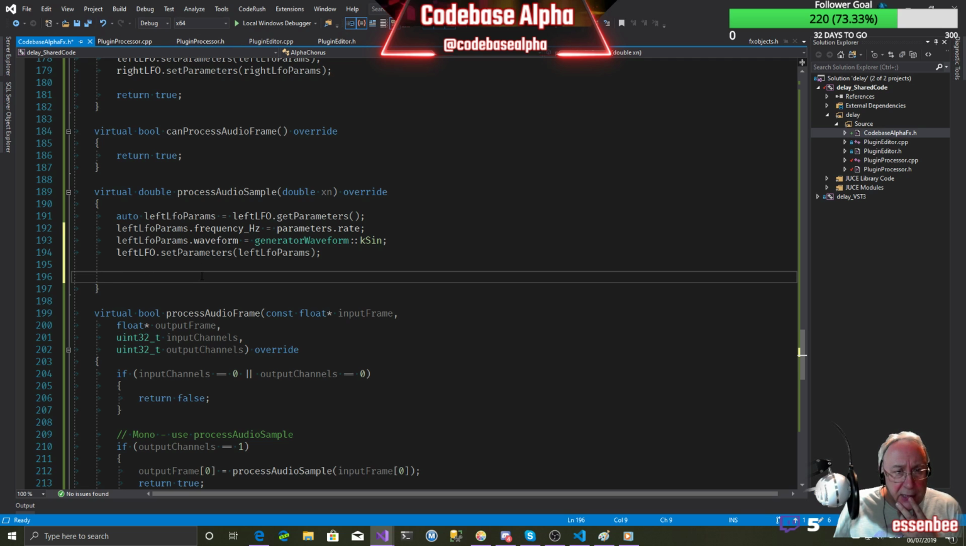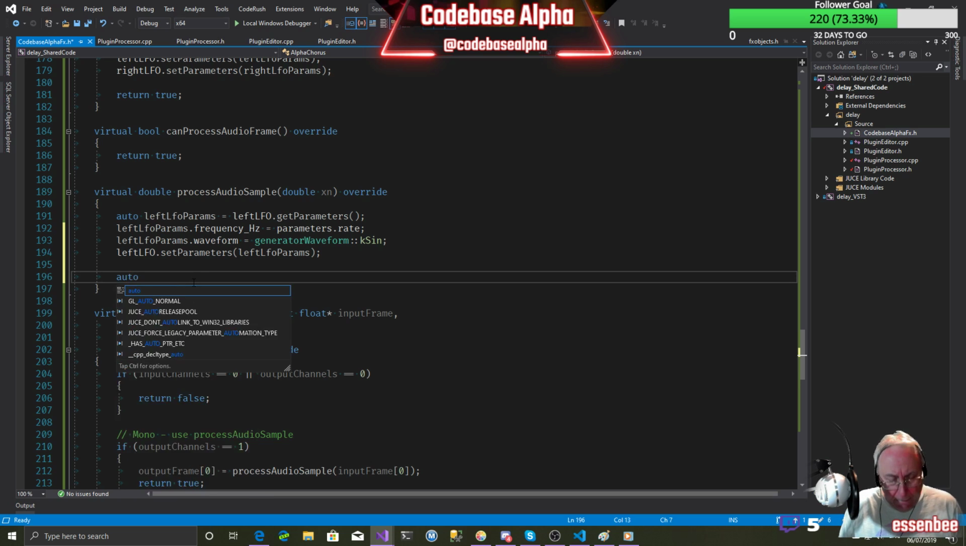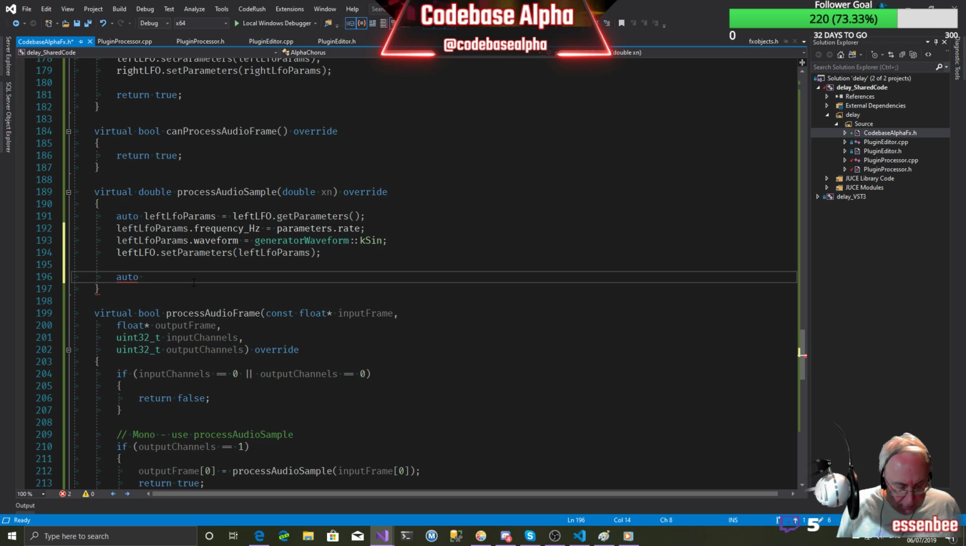So then we want to get some output from the LFO. Auto modulation equal to,